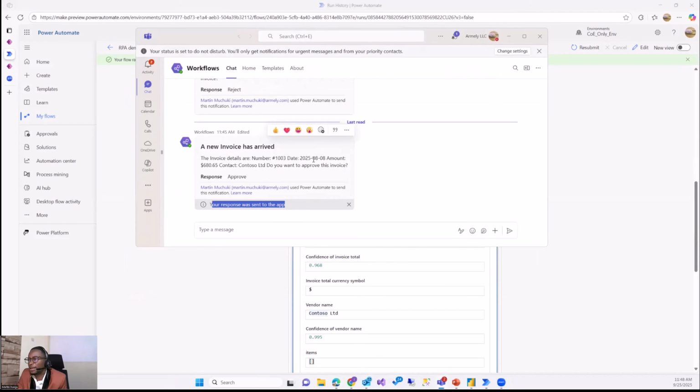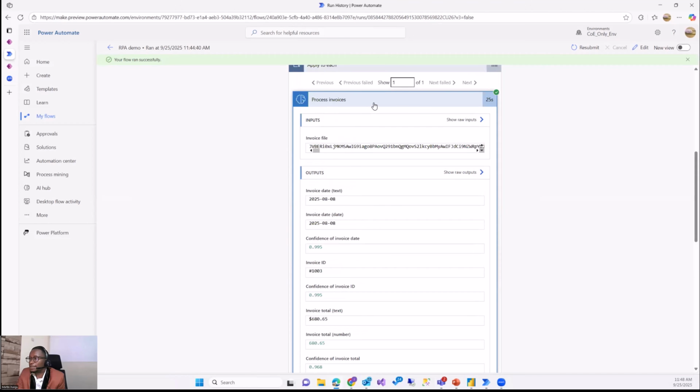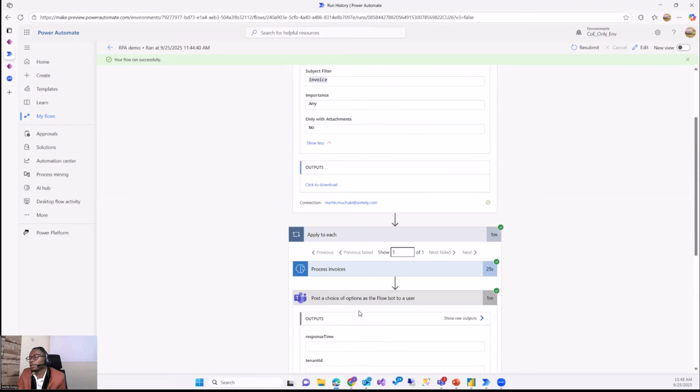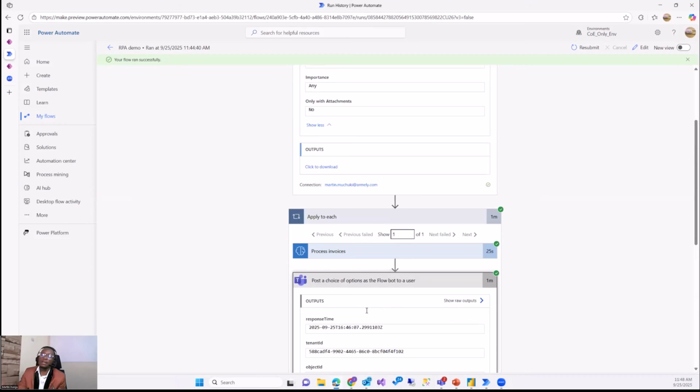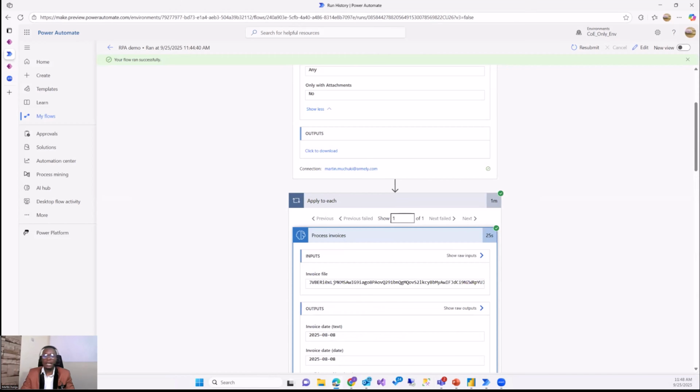That the number, the date, the amount, and all that. So after our smart one does that, now they post the options to me so that I can either approve, reject, or process manually. So these are the pieces where we are saying instead of burdening AI with all these, how about we strike a balance? We have RPA doing all these repetitive tasks, but we also have the smartness working behind the scenes.